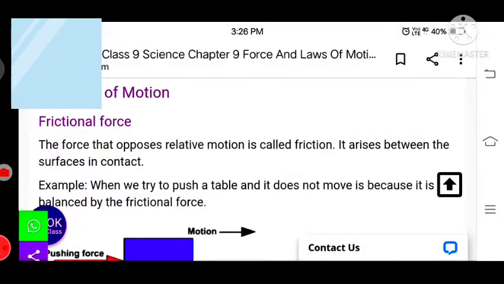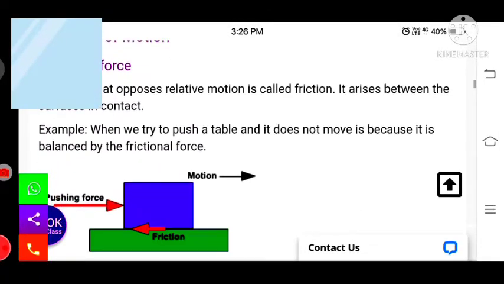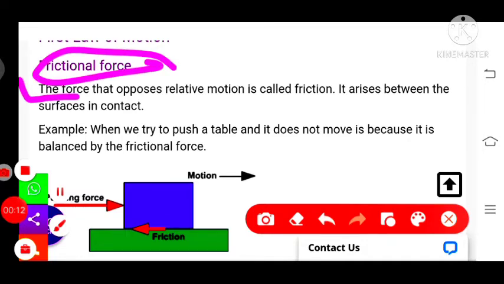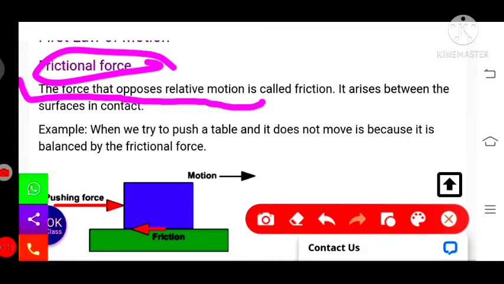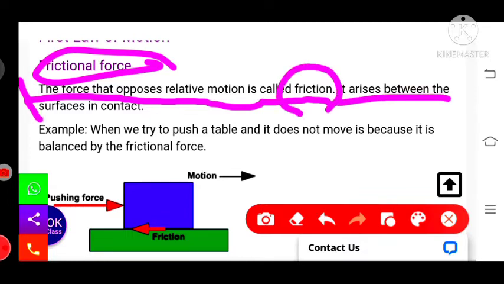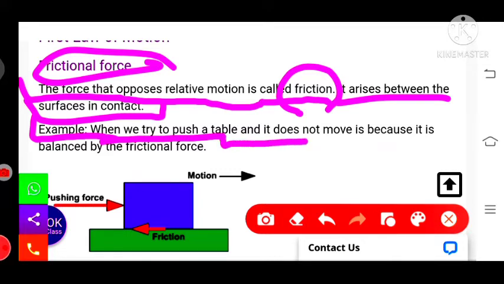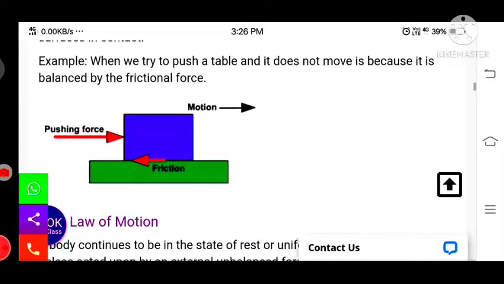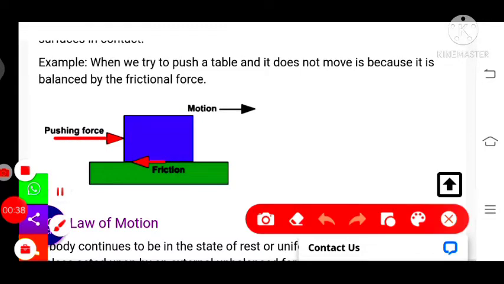Now we do the first law of motion. Firstly we understand frictional force. What is frictional force? The force that opposes relative motion is called frictional force, or friction. It arises between surfaces in contact. For example, when we try to push a table and it does not move, it is because it is balanced by the frictional force. As you see in this figure,